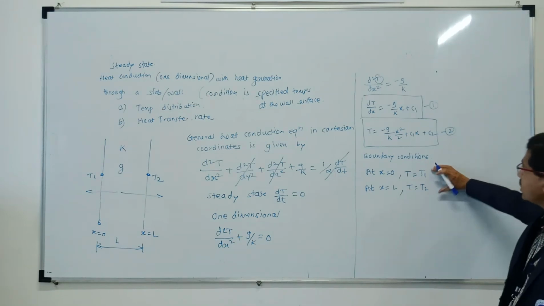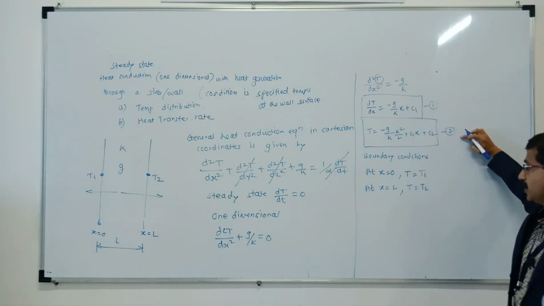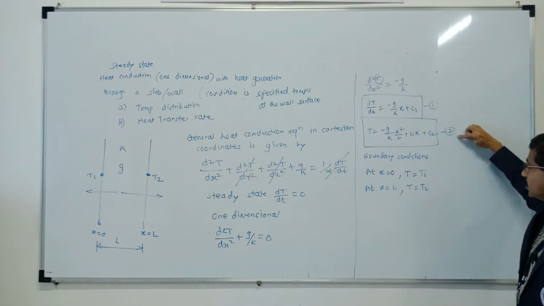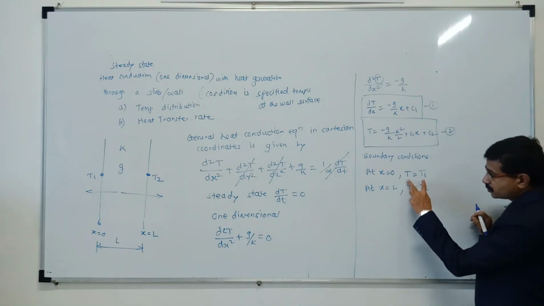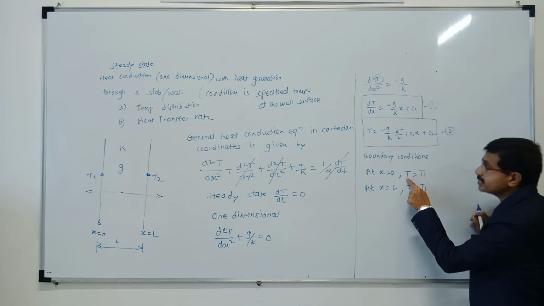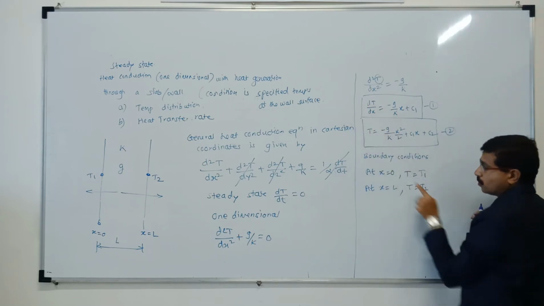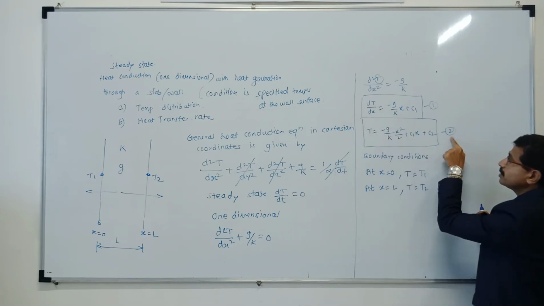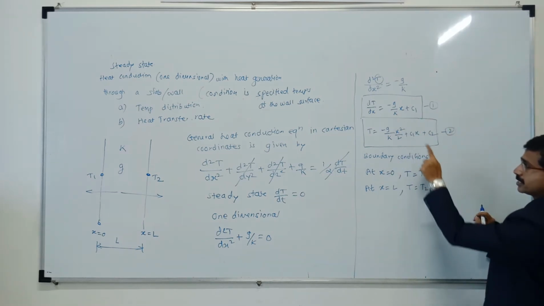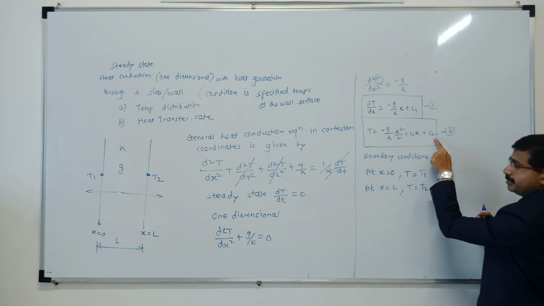Now we have to put these boundary conditions in the suitable equation. Which is a suitable equation? How to identify, equation 1 or equation 2? Let's check which value is given in the boundary condition. At x is equal to 0 and at x is equal to L, T is given. dT by dx is not given. Only T is given. So I have to use the second equation to put this boundary condition to get the two constants c1 and c2.